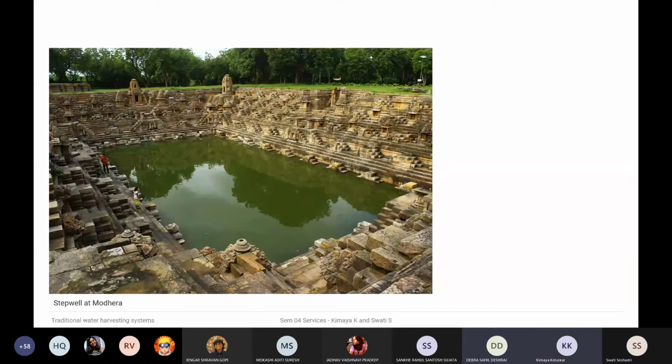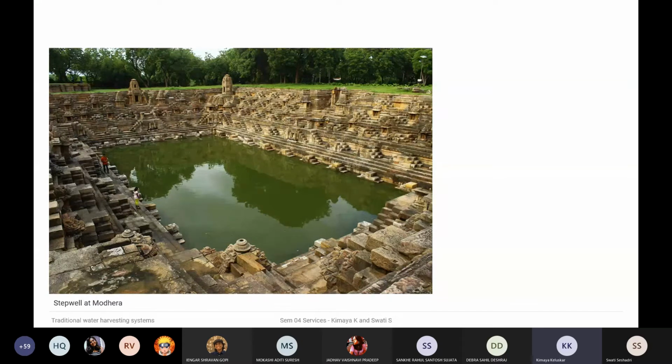The best part about these stepwells is that because they had open land and it's a natural system, the rainwater percolates and comes in, and that's why there used to be water every time. Now, with urbanization and development, the obstruction of percolation has been much higher, because of which they are drying up or having very little water, and they are no more the prime sources of water. With piped water supply, everyone is getting water at home in their taps, so they are not bothered. And then comes pollution and not maintaining them.